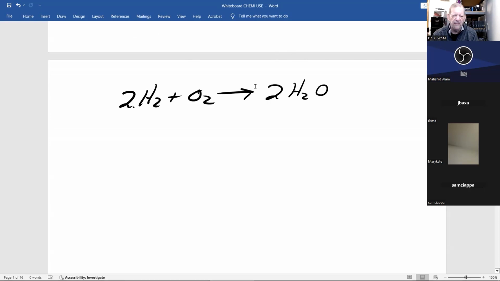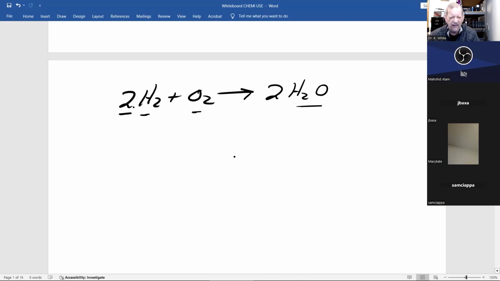If you look on the whiteboard, you'll see a reaction where I have hydrogen gas reacting with oxygen gas to make water. And you can do that. It's expensive, but you can do it. And for a while, that's how they made oxygen or water in outer space if they needed it. Anyways,